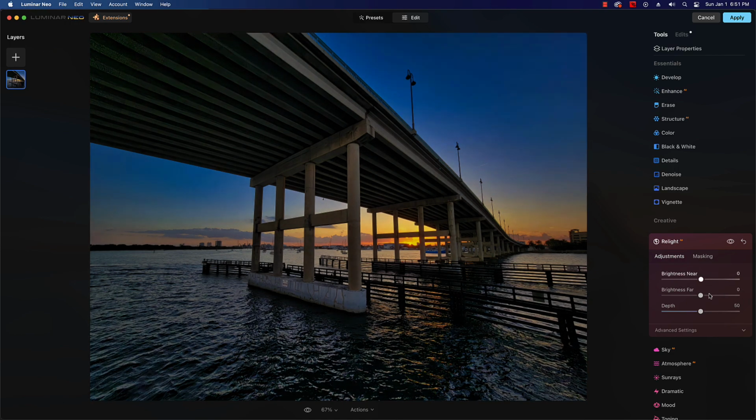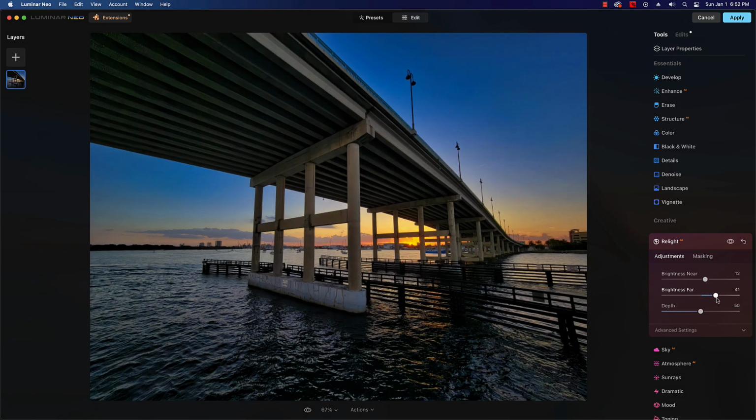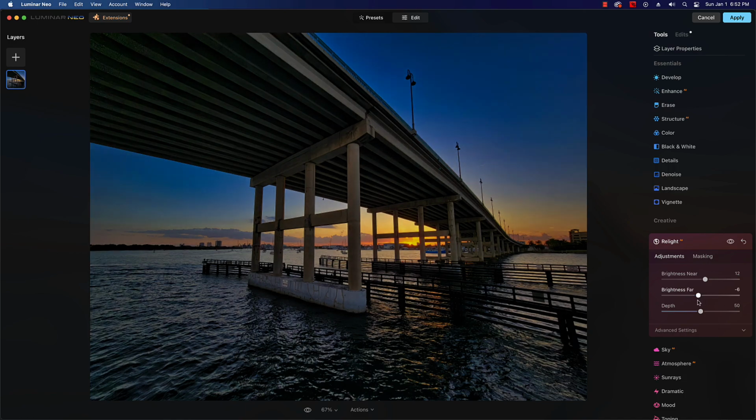Very useful for certain things, and it's fun to just mess around with. It's the same thing with the far. Whatever is further away, it can brighten up, so it kind of sees what's in the distance. So that's really cool. And this, I guess, is just the depth between these two,